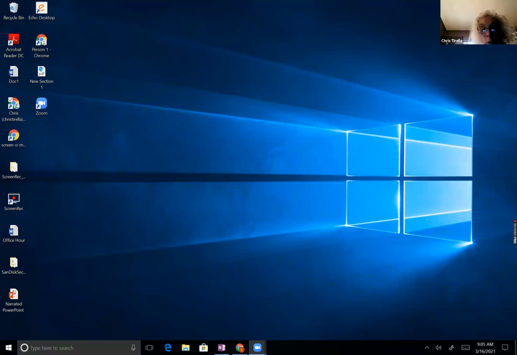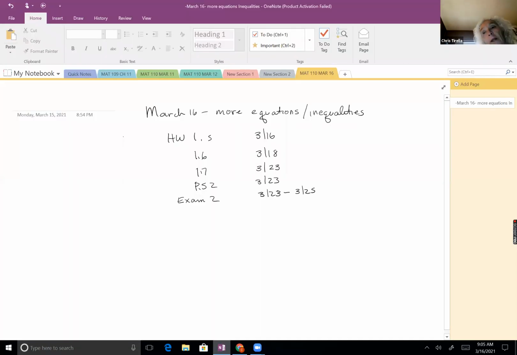Today we're going to look at more equations. Last class we had looked at equations of a higher degree, radical equations, and equations with rational exponents. Today we're going to look at equations that are quadratic in nature and also absolute value equations. Then after that, we're going to start looking at inequalities, reviewing what we had done with interval notation, going over